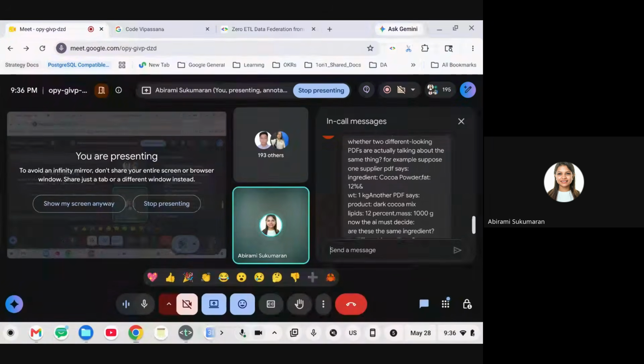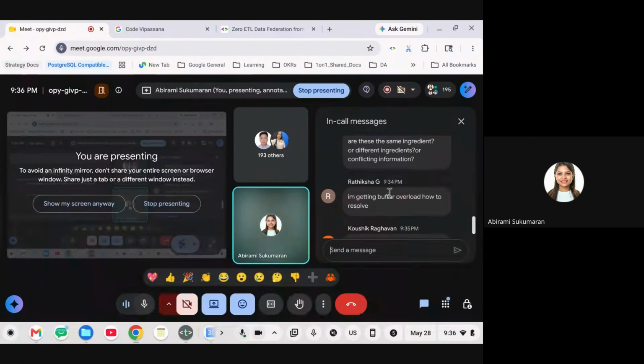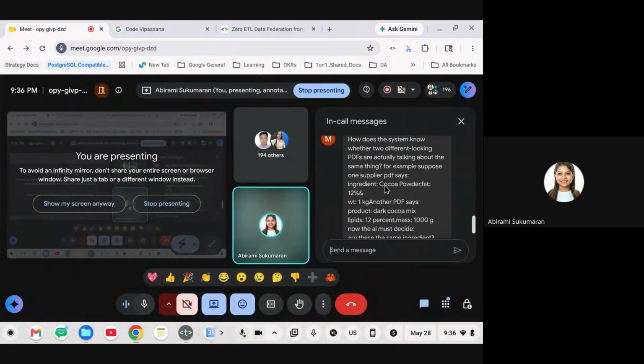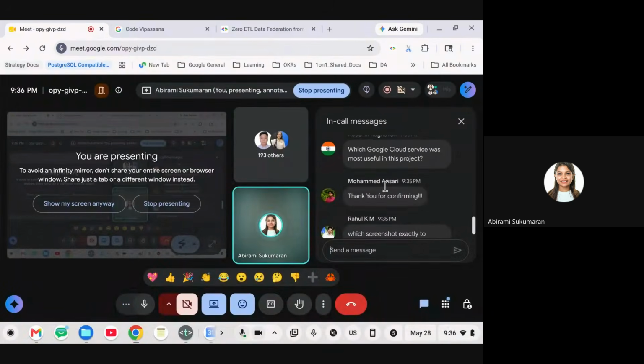So in this case, I don't think there's any conflict. But I do understand if there is a situation where there are two unrelated files with just a random mention of cocoa, then you would be surprised to find that the reference for those two will be made for the product that you're looking at. It will be inclusive of that information. I hope I answered your question, Mahi, but if not, just feel free to explain.